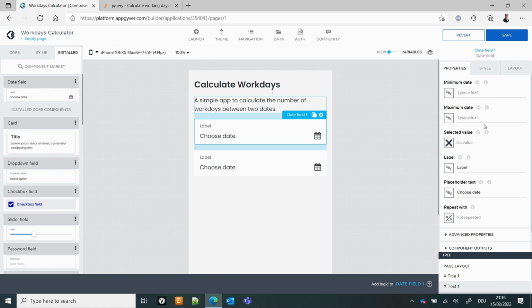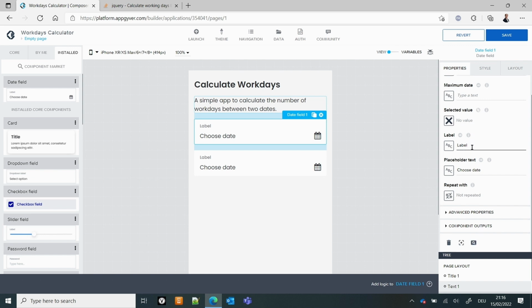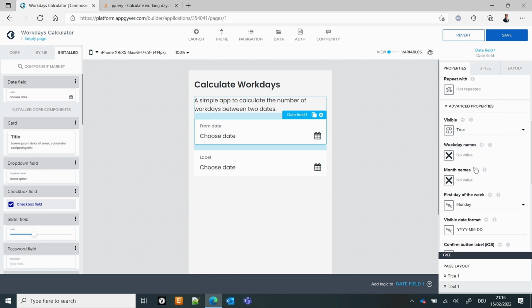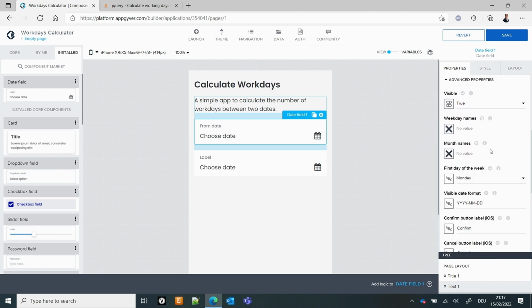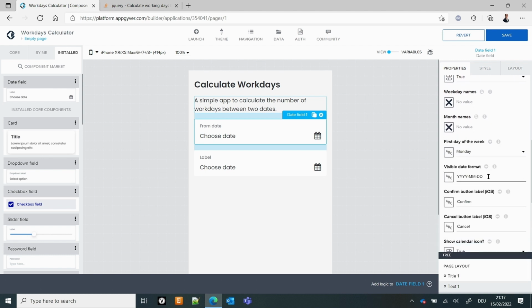In the from date field, we have a selected value, so that comes in. So you can set the default value. We'll use the same one. That's the name of the field. In our case, we're going to call it from date, and the placeholder text when it's empty, choose a from date. We don't want to repeat it. And we want to make it visible. Weekday names, none of this we want to do. What's the first day of the week? We start on a Monday. And then the date format,